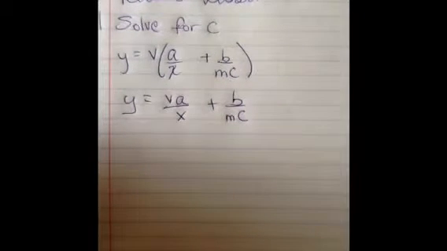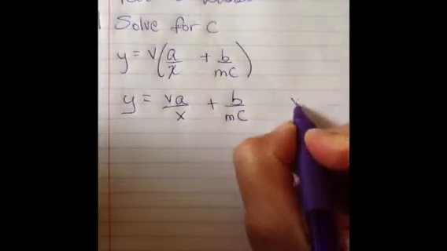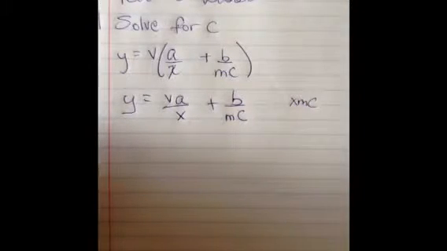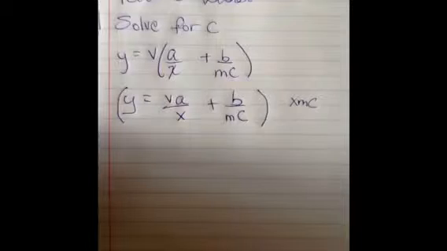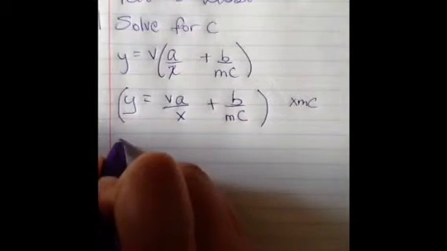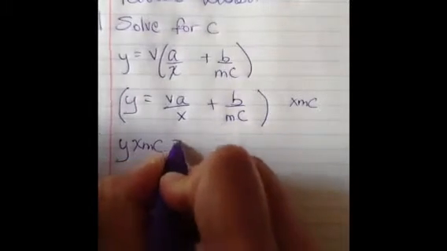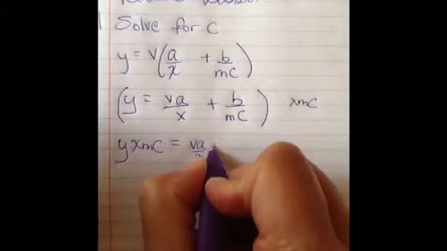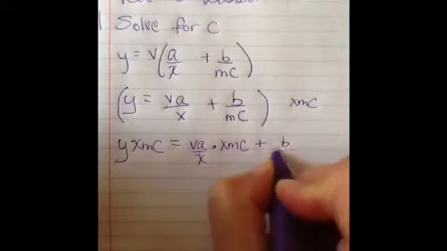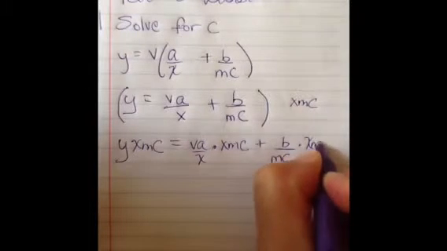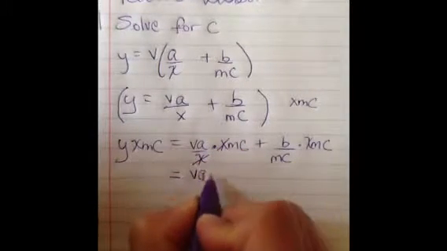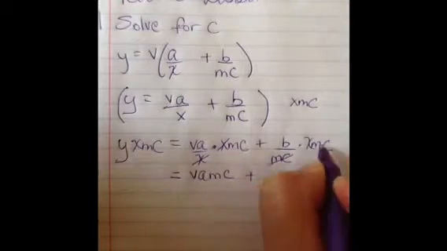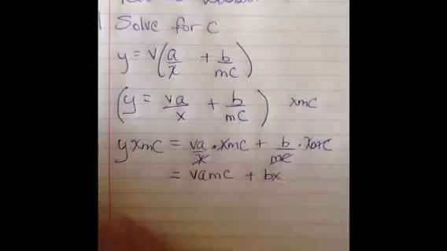Now, since you all know I'm not a fan of fractions, we are going to get rid of fractions. And the way to do that is multiply everything by XMC. And if we do that, we should be able to get rid of everything. So I'm going to put this in parentheses so that you know I'm going to multiply everything by XMC. So what I have here is Y times XMC equals VA over X times XMC plus B over MC times XMC. Now this is going to stay the same on the left, and my X's go away, so I have VAMC plus MC and MC go away, so now I have BX equals